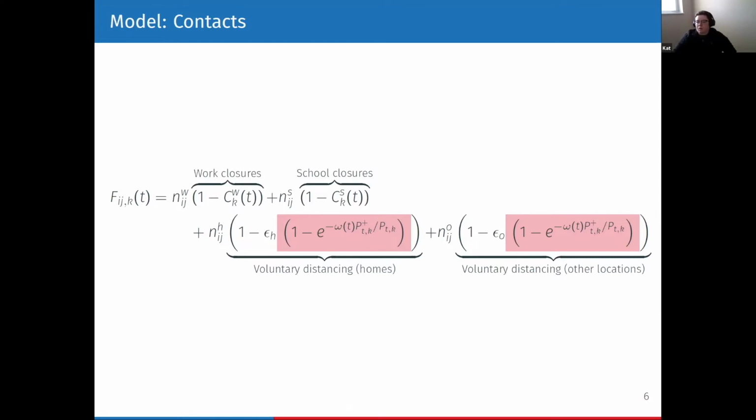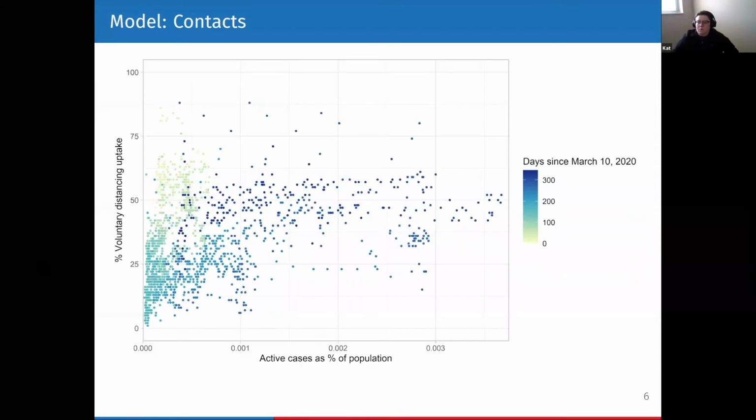And this functional form kind of saturates. So as active cases increase, you get a higher level of distancing. And that functional form agrees actually pretty well with data we have on voluntary distancing within the province. So you can see that we do have that kind of saturating function for voluntary distancing uptake as a function of the active cases in the population, and this is at a regional level. With this voluntary distancing uptake, we're using Google mobility data as a proxy there. So the extent to which people are less mobile in retail and recreation spaces is our proxy for voluntary distancing. So people choosing not to go to restaurants, choosing not to be in sporting facilities, things like